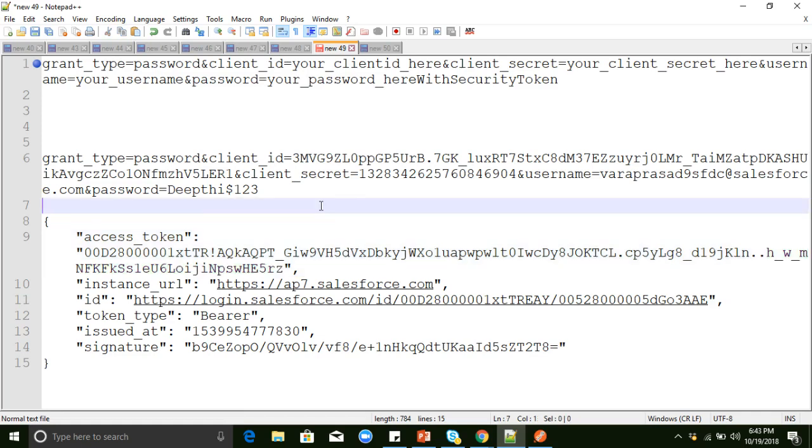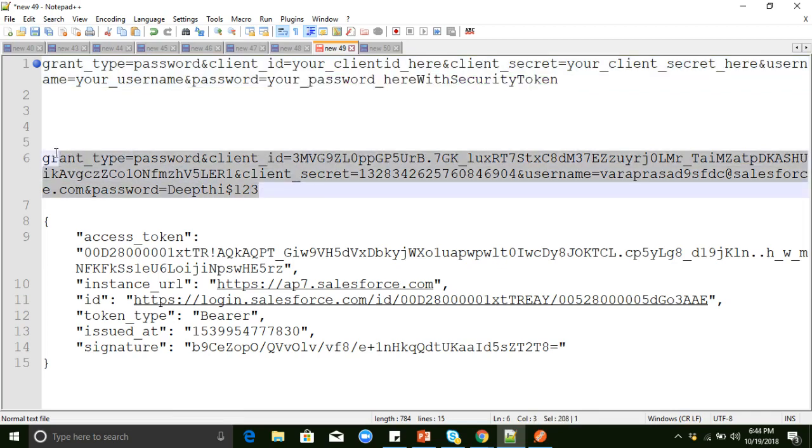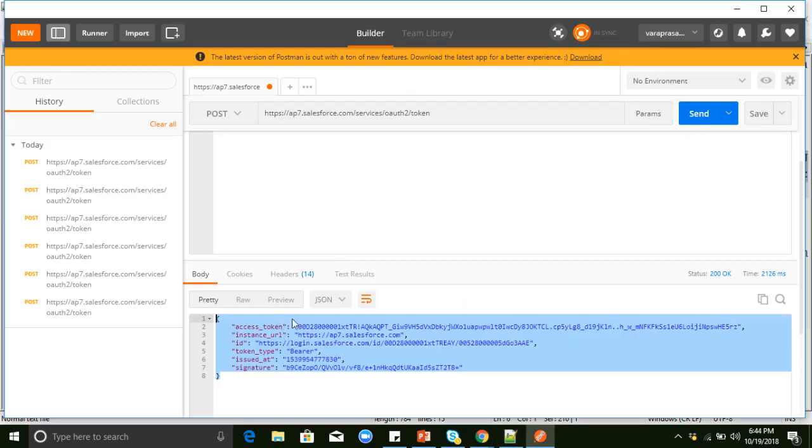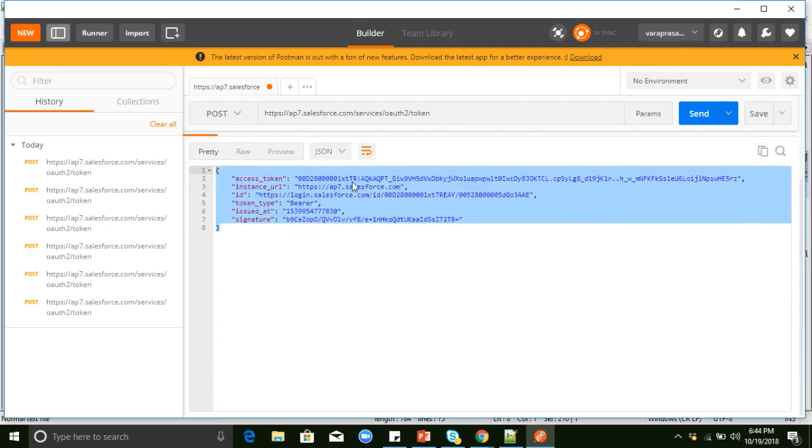I will explain it again. If you want to generate an access token in Salesforce, we need to follow this predefined syntax. We need client ID, client secret, username, password, and security token. We need to paste this in the body here, and set headers like application/x-www-form-urlencoded. This is the callback URL. Then click on the send button, and it will generate the access token. Once we generate the access token, using it we can call the Salesforce real-time web service classes.